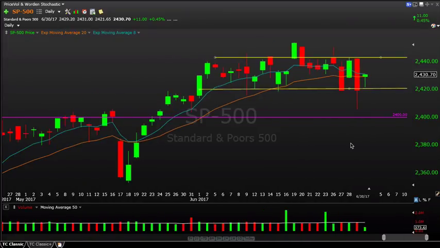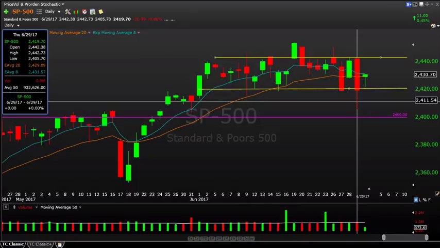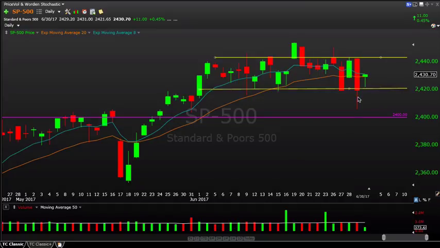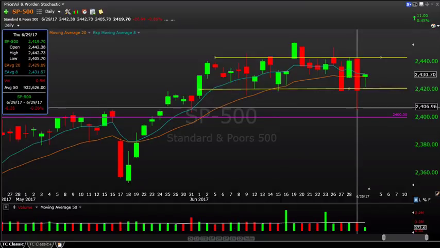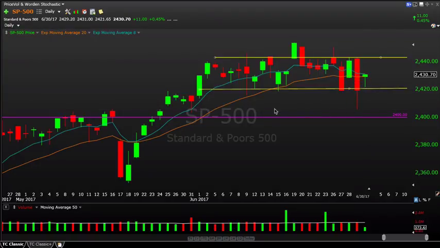But when we look at the S&P 500 now, yesterday was a pretty interesting day. This was a very wide range day, Thursday, for the market, as we traded all the way down to 2405. So we broke all the way below last month's range, and then we popped higher into the close. We closed right at support, right at this previous support where we've closed several times in the past, and then we had a little bit of an uptick into the end of the week. So the question heading into next week is, did support hold? Clearly it held the first time around, but are we good? Are we going to be able to bounce higher from here?